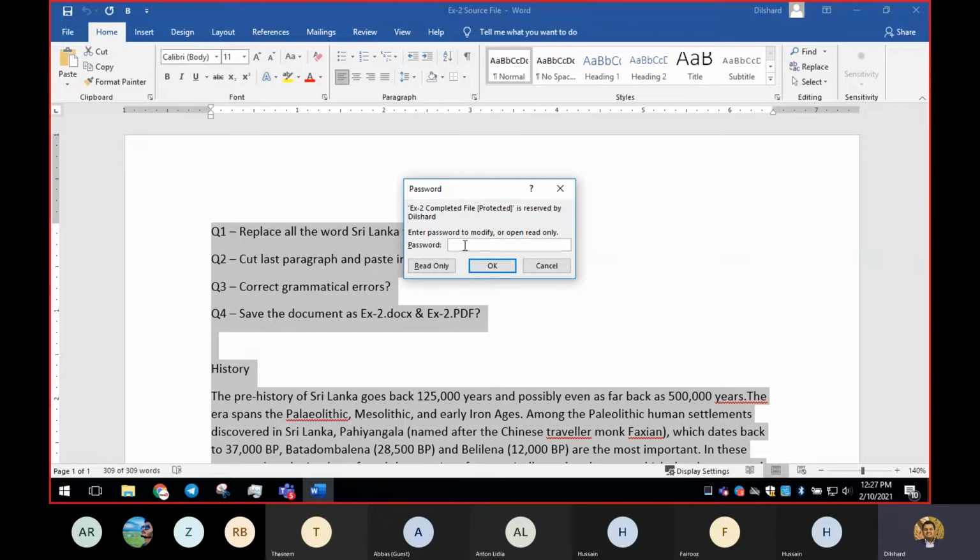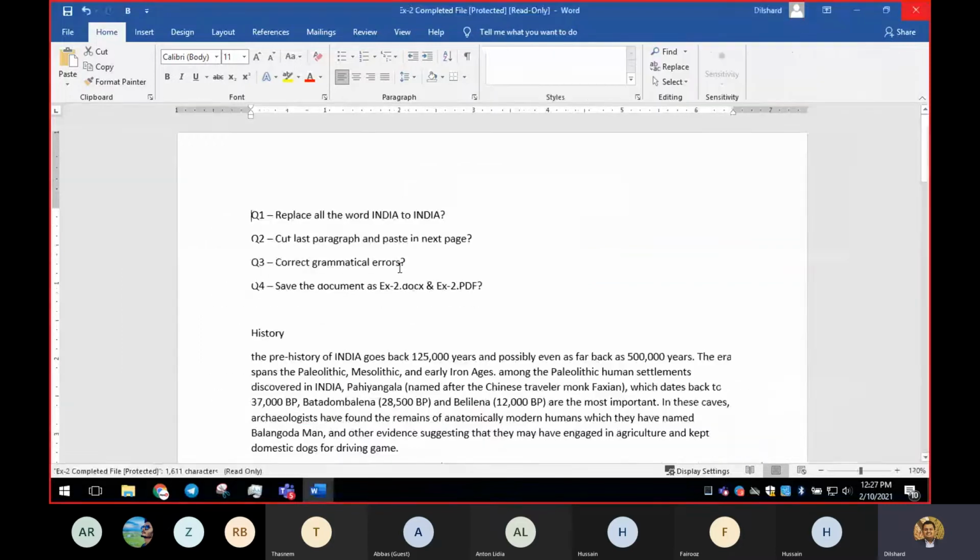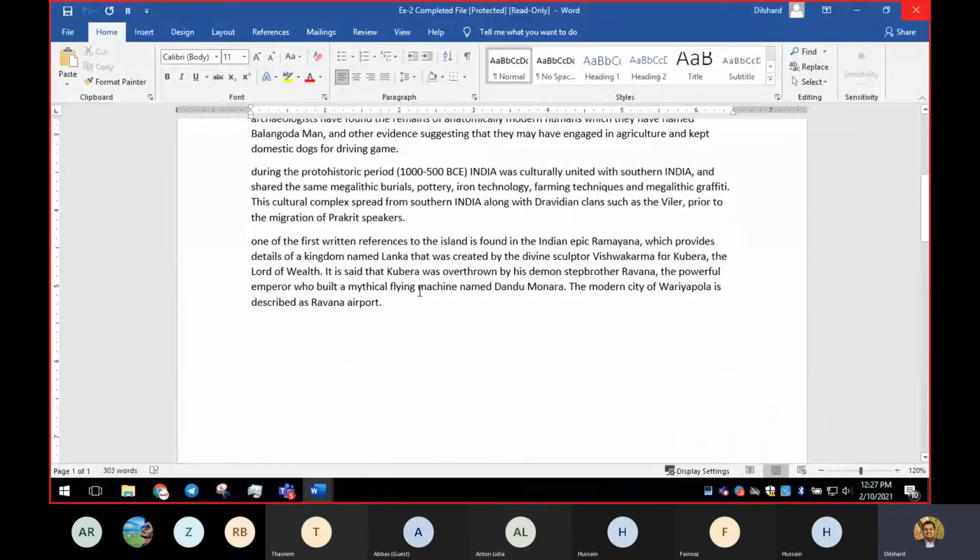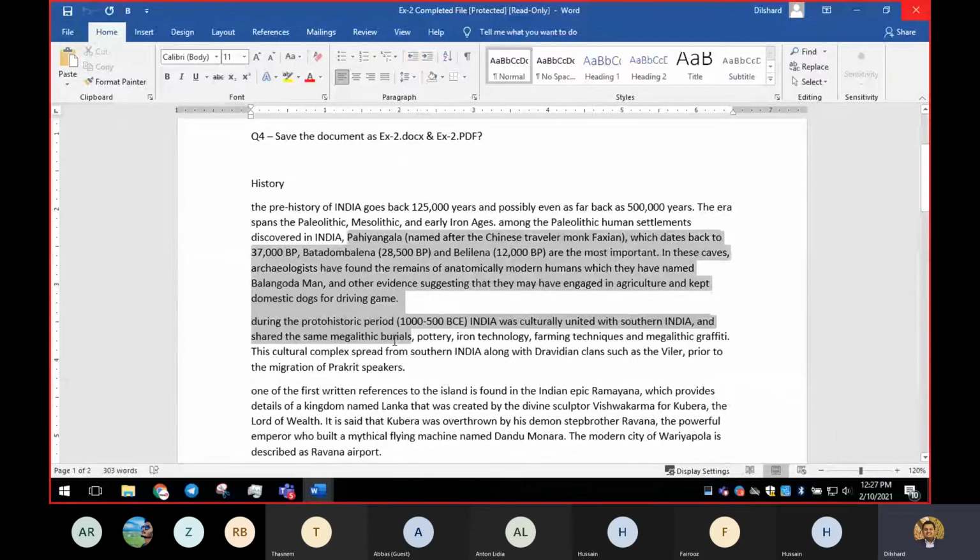Now they are asking me to type the password to modify. If you have no idea about the password to modify, you can click on read only. Then you will be given access to see the contents, but you can't make changes. Yeah, it says read only, but you can't make change.